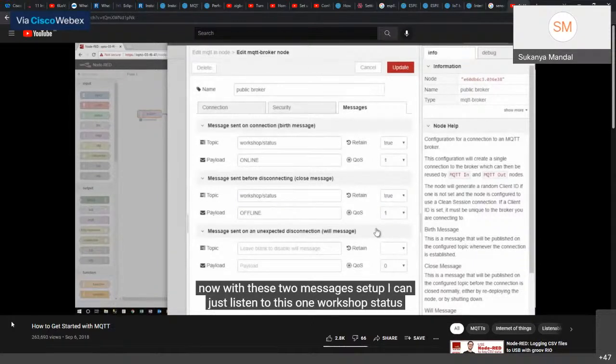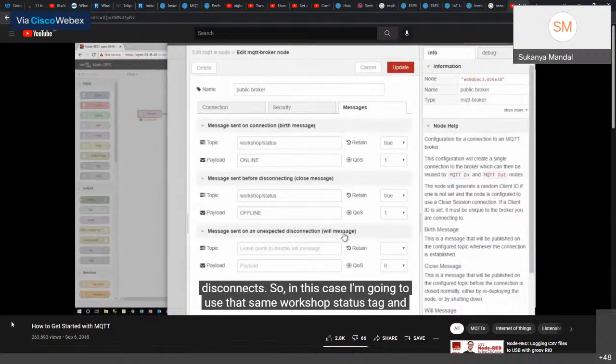Now, with these two messages set up, I can just listen to this one workshop status topic, and I'll be able to track the state of this device as it comes on and offline. But if it drops unexpectedly without sending a disconnect message, I want to know that too. This is handled by the will or last will and testament message. This message gets sent by the broker if this client ever unexpectedly disconnects.